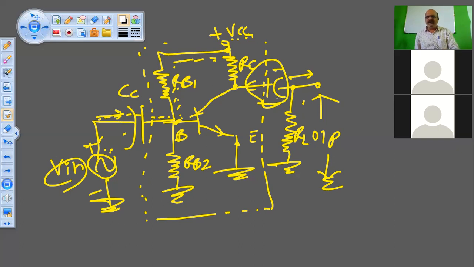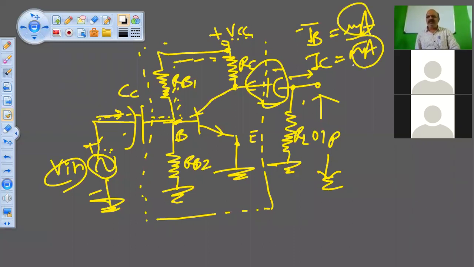Correct? Now you may say, how do we get the amplification? How is the signal increased? Because the base current is very small. Okay, IB, we are applying the signal to the base. So IB is in microampere, and we are getting the output at the IC, that is collector terminal. IC is in milliampere. So you can see the difference in the two. Base current is in microampere, collector current is in milliampere. So naturally